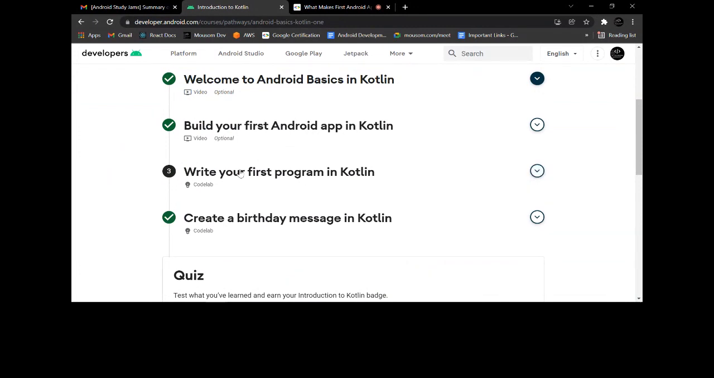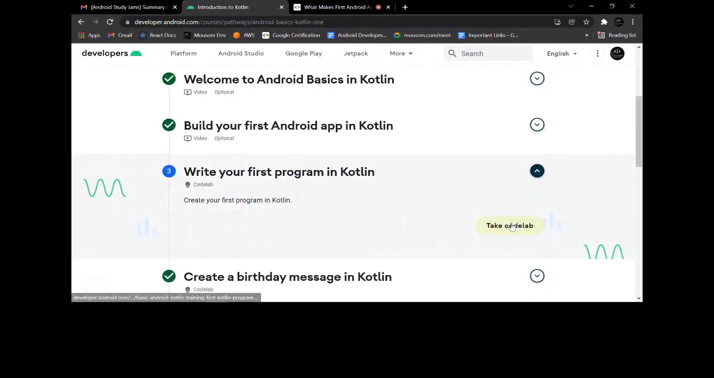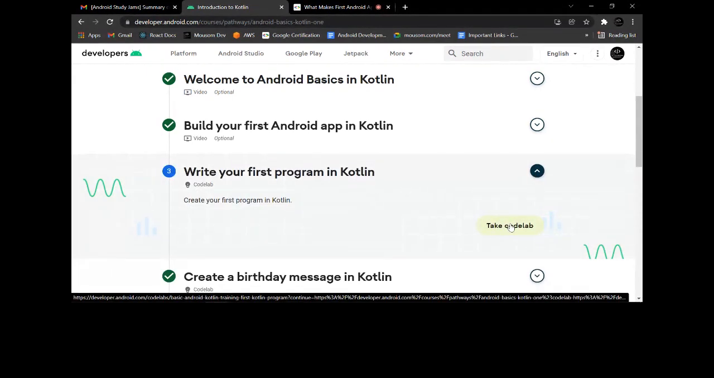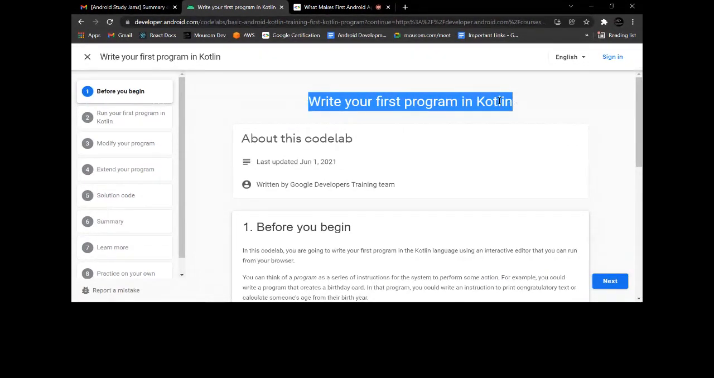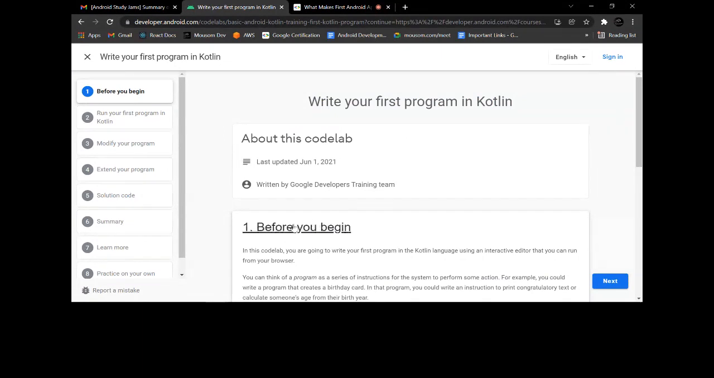Okay. Then we have a code lab. What this code lab is, you have to do the programming stuff over here. If you just click on that and take to the code lab, there will be instructions on what you have to do, and all the things will be explained over there. So let me just go to this code lab. What this code lab is asking of you is just your first program in Kotlin. So before going into that,